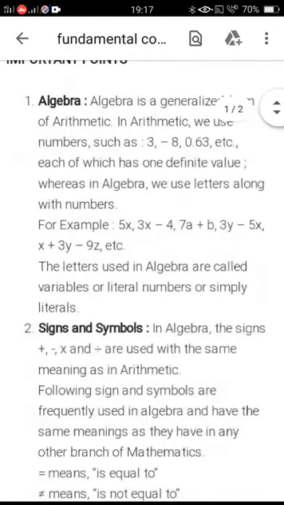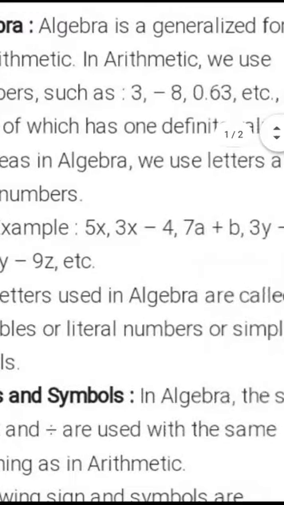In this, the letter which is used is known as the variable. See 3x minus 4. In this expression x is the variable, which is multiplied or divided with a number. 3 is multiplied with the x, 3x means 3 into x, so 3 is the coefficient. And the number which comes separately, minus 4, is called the constant.